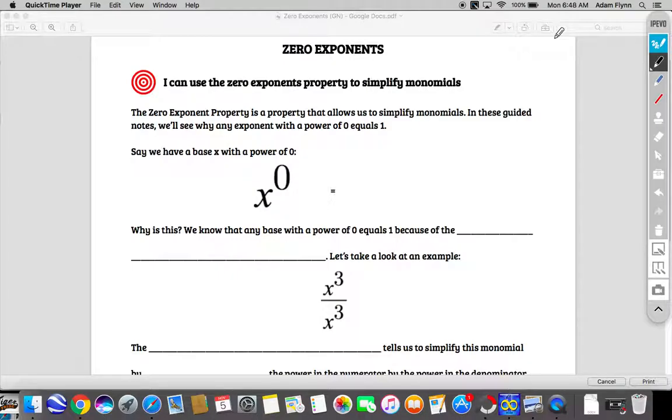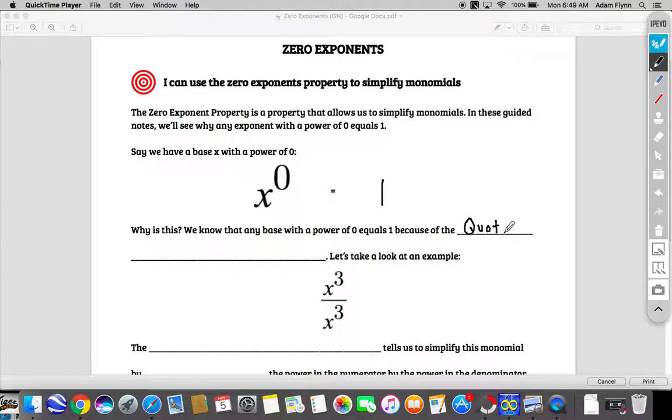In these guided notes, we'll see why any exponent with a power of 0 equals 1. So right there, I kind of ruined it. Say we have a base x with a power of 0. Okay? Turns out anything with a power of 0 is the number 1. Okay? And you might be thinking, why is that? So we know that any base with a power of 0 equals 1 because of the